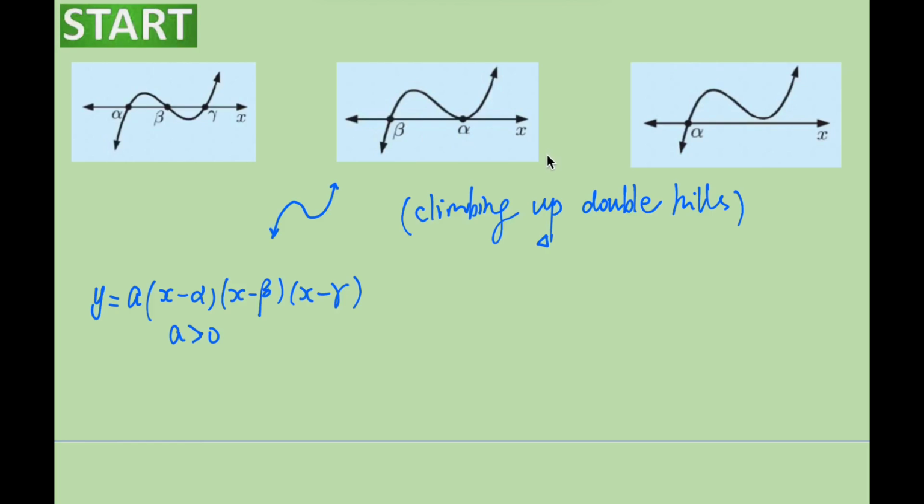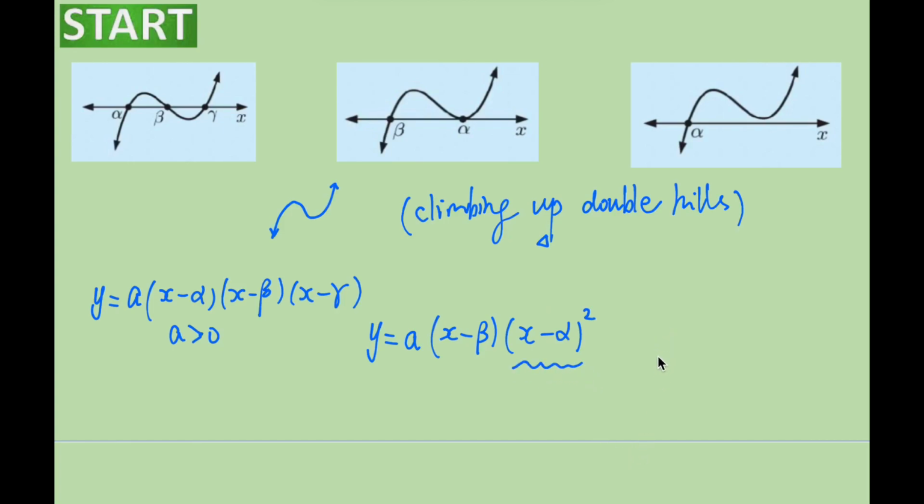And then for the second graph, there are two x-intercepts. The graph cuts the x-axis at x equals beta and touches the x-axis at x equals alpha. Then the equation can be expressed in this way: y equals a times x minus beta and then x minus alpha all squared, because when the graph touches the x-axis at this point, we will have a repeated factor